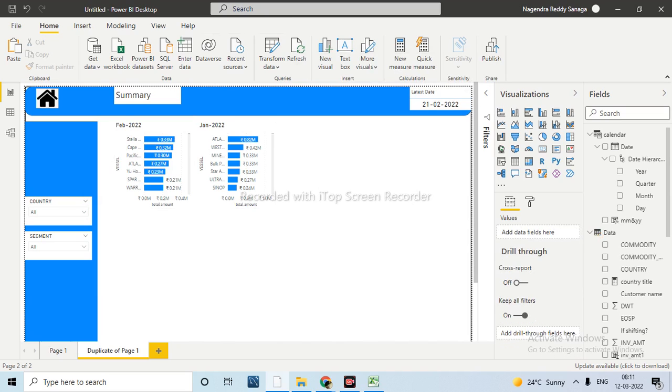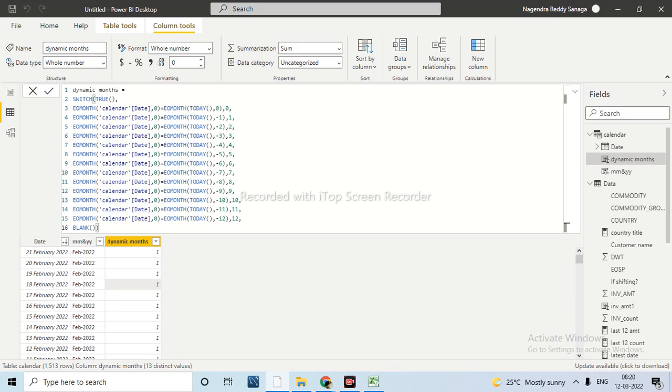Any idea how to avoid that? Switch. The same IF logic I have written here, but instead of writing IF logic equal to true everywhere, directly we can use SWITCH also. First thing, what happened here, we are passing the expression as true. That means if this value is true, then what value should it become?